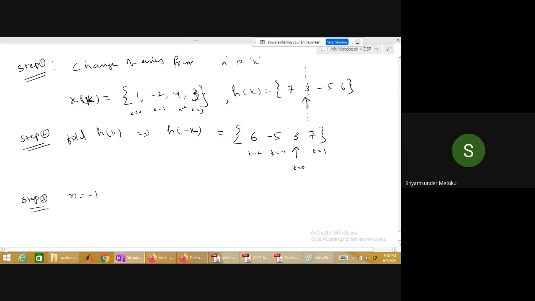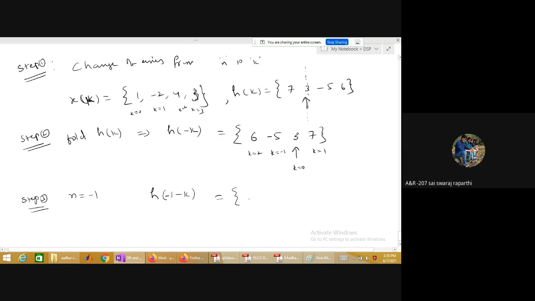Does k equal to 0 move left or right? It moves right. Left. If advanced, it goes to left. Left or right? Left, sir. Right. The signal will move left. K will become right side, no? H of 1 minus K. Can I write it this way? -1 minus K actually. Correct or not?